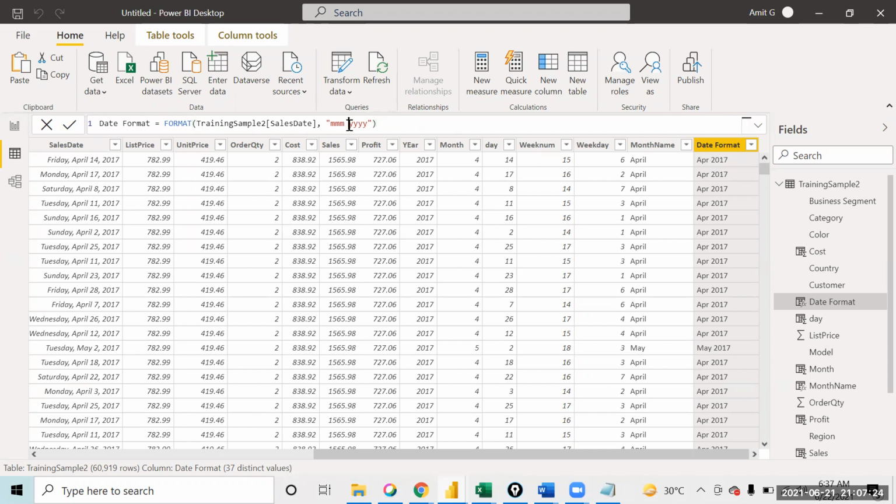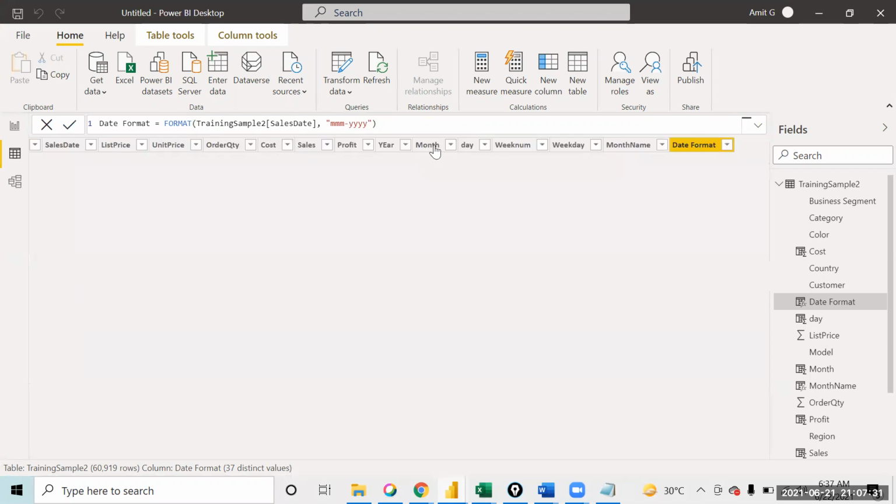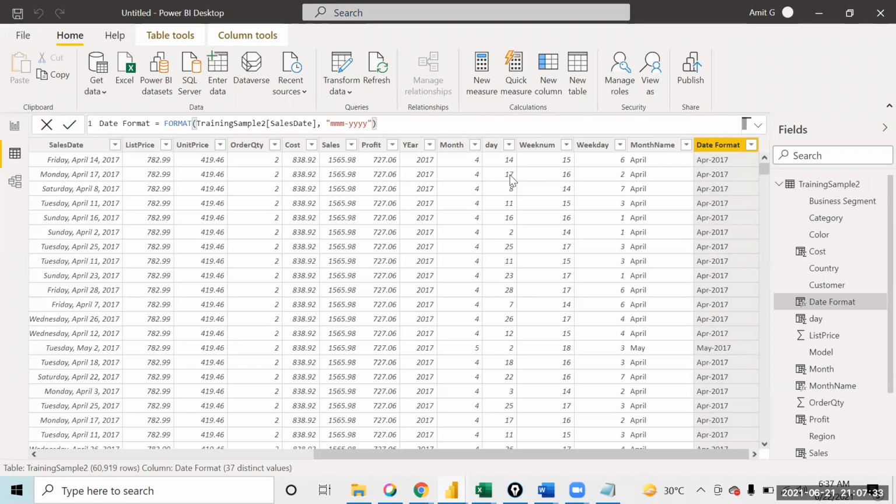If instead of space you put hyphen, that will also work. It will show month hyphen 2017. Whatever format you apply, it is going to show the output in that same order. Even MMDDYYYY works.